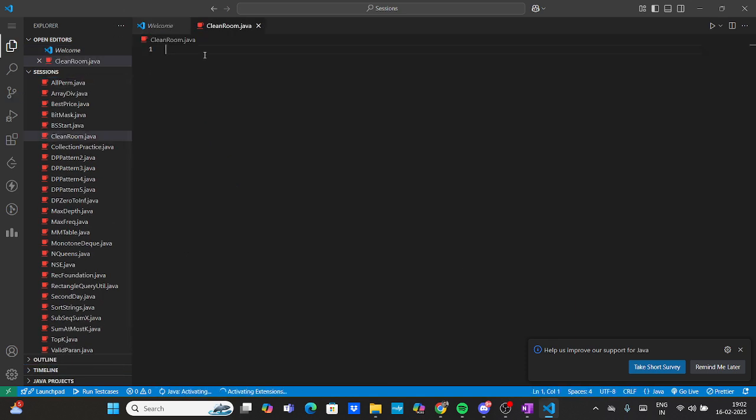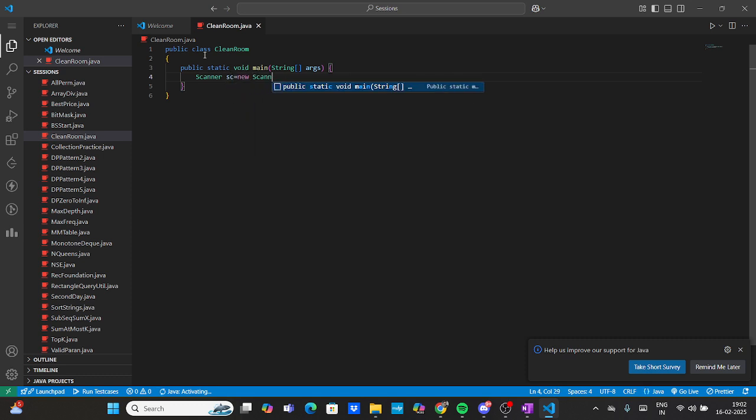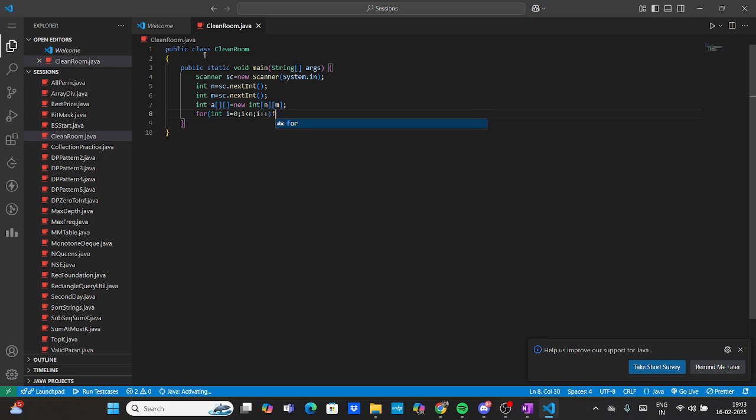Okay. So what information do we need? N, M. Okay, let me initialize this. N. We need M, right? And what do we need? We need an array which will indicate the time. Okay. And then probably we have to read this A of,